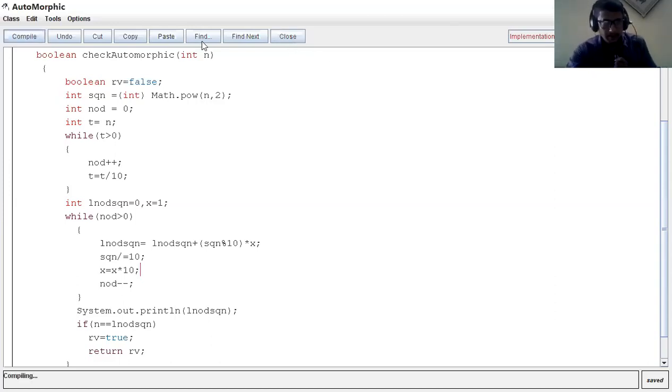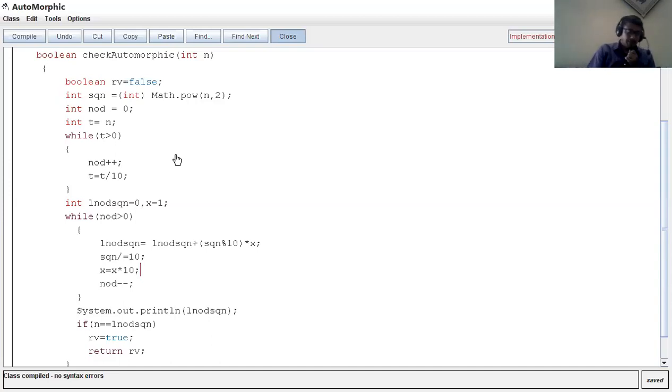Now let's see the compilation of this. There is no syntax error as you can see. I am closing this one. Let me show you this one, automorphic. And in this automorphic, I have created the object. As I have created the object, remember this is not called by the constructor. For this, I have created a separate function, and the name of the function is Boolean automorphic. As it is Boolean, it is going to return me true and false.